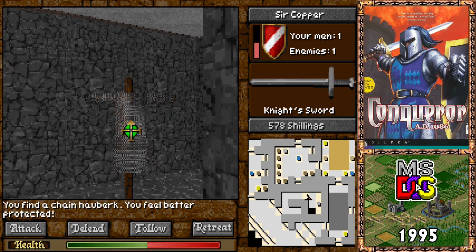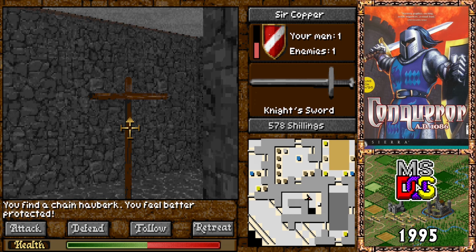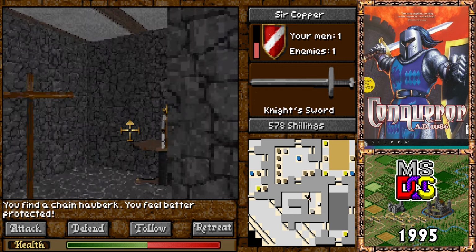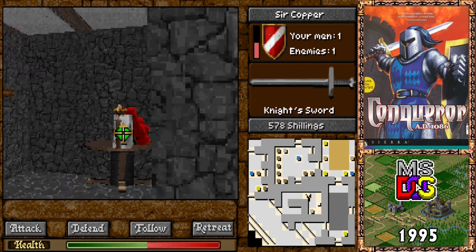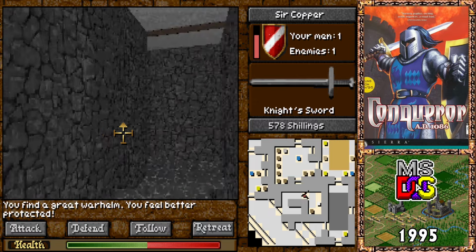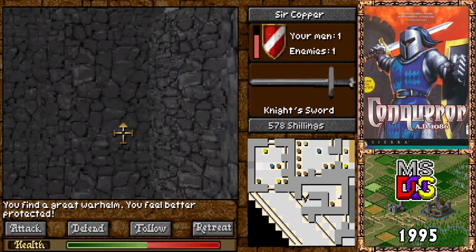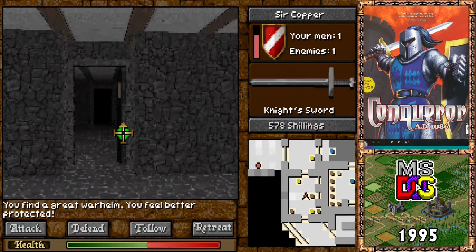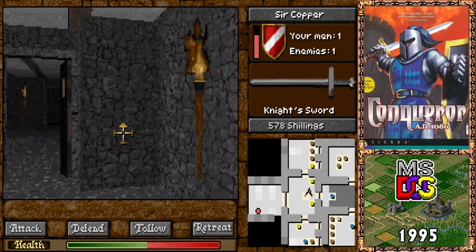What have we got here? You find a chain. Hauberk, you feel better protected. All right, so that might have been better than what we've got. I don't know how we choose what we want to wear. Oh, we've got a helmet as well. You find a great war helm. Nice. All right, that's great. We are better protected. We are at half health though, so we're going to have to...